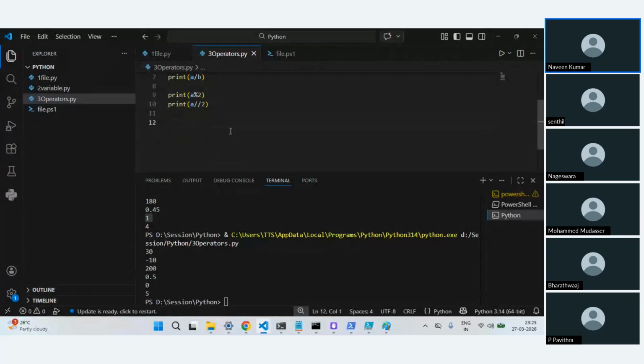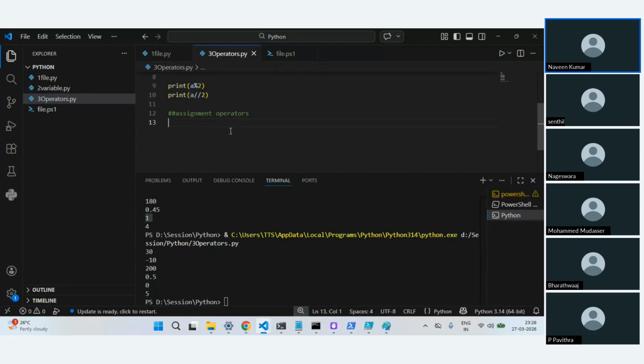Then you have something called assignment operators. Okay. Assignment operators are nothing but you assign something and you can again do calculations on top of it, right?